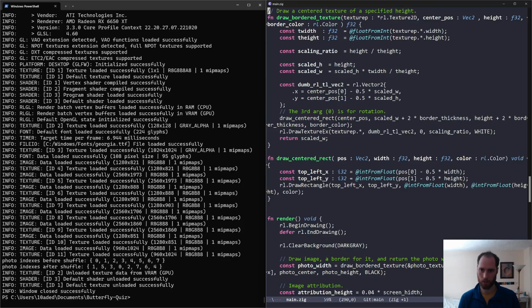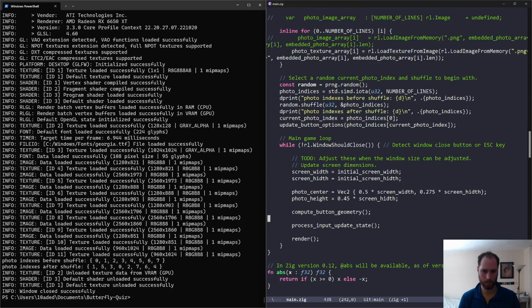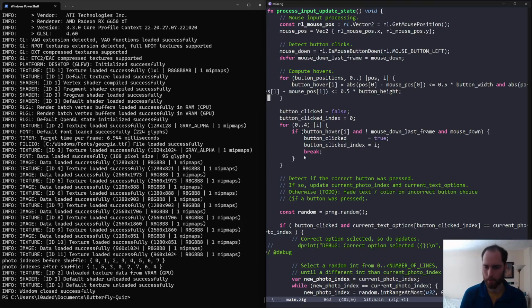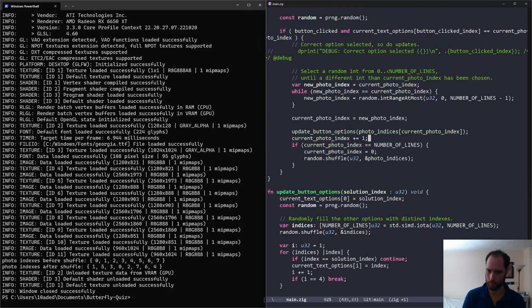So hang on, when did we do this? We didn't do this in the render, we did this in the process input state function. So